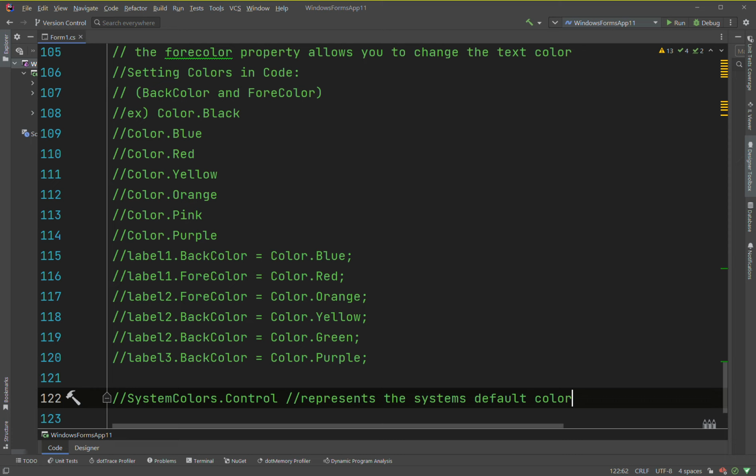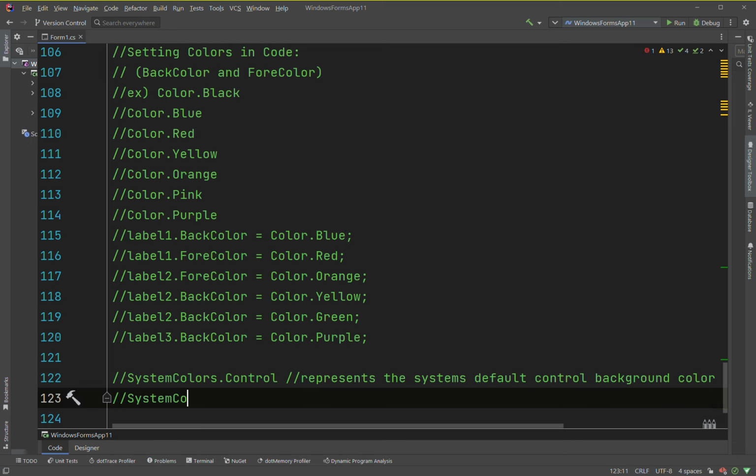More specifically, SystemColors.Control represents the system's default control background color,